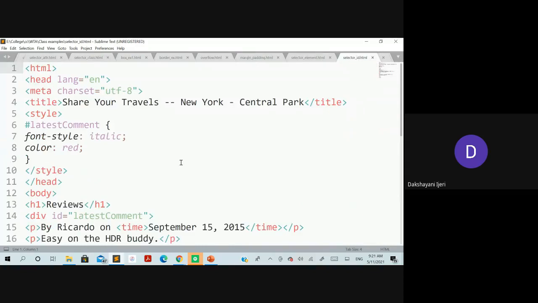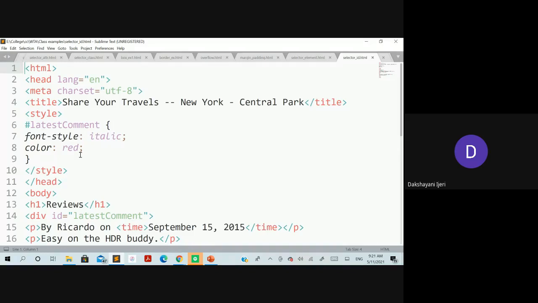Is this screen visible here? Yes, ma'am. Okay, so please do concentrate simultaneously. It is not possible for me to show you the code as well as the execution in the web page, because when I execute this program, I need to share the web page instead of the screen. At that time, probably the code will not be visible to you. For that, at least try to remember what kind of styles are being used, so that when you see the output, you will be able to understand, right?